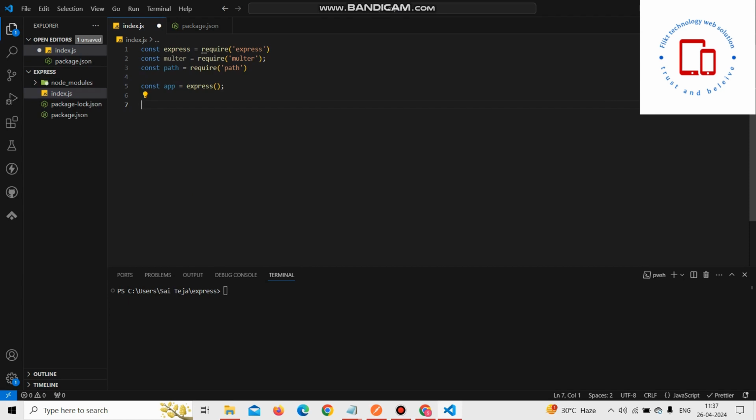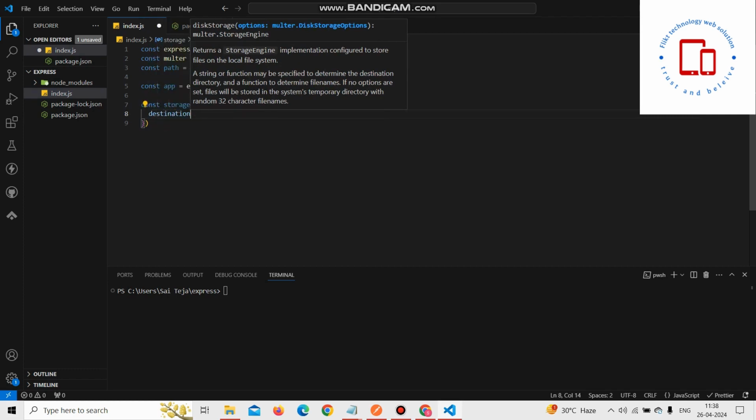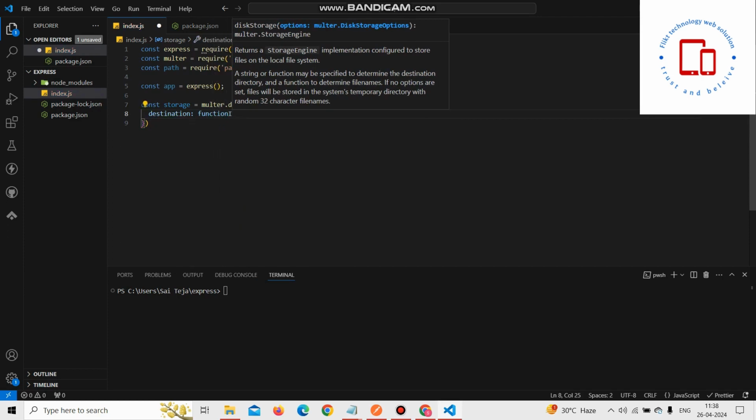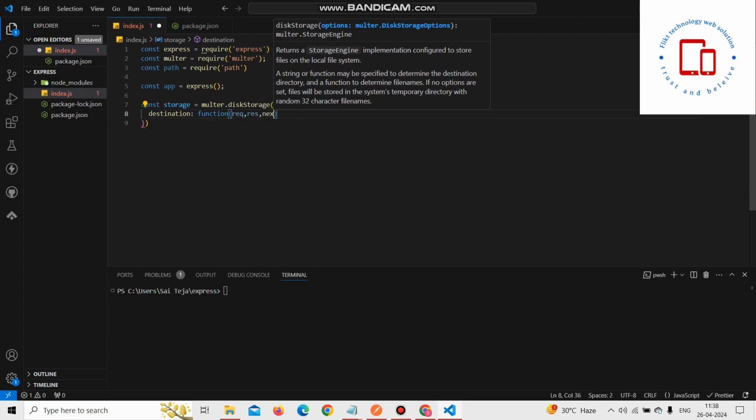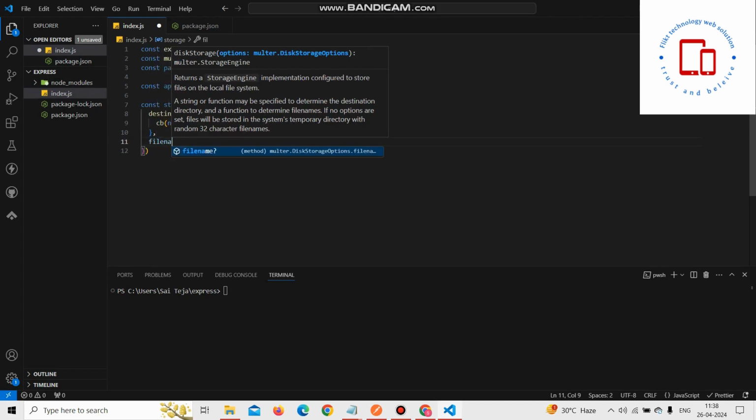And then I want to set up multer for file uploads. For that, const storage equal to multer.diskStorage, and then destination: function request, response, next, comma cb, and then cb uploads, comma, filename